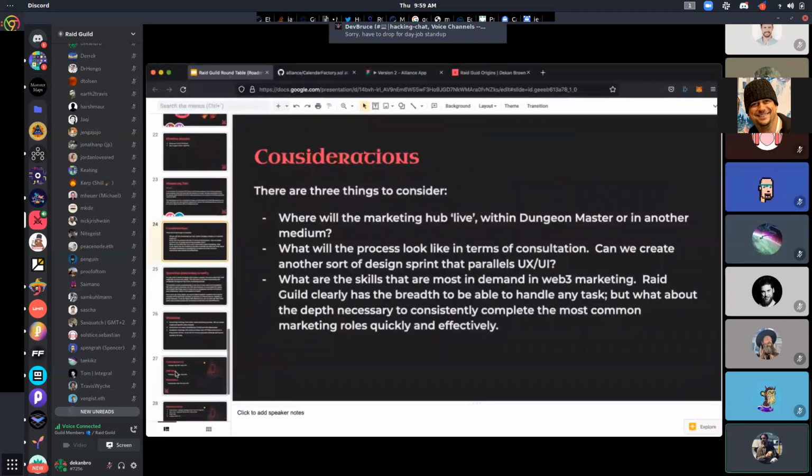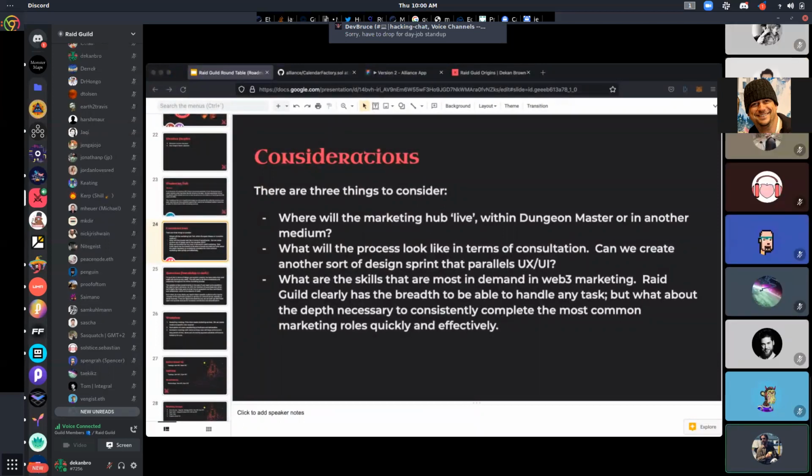So it starts with the question of where it's going to live in Raid Guild. The Dungeon Master would be ideal. I don't know if that's too difficult, because there's a lot that goes into Dungeon Master. It's been worked on for a long time, but ideally we'd like a hub where we can pick people for smaller tasks on these more comprehensive raids that involve front-facing marketing and back-end development at the same time. Say someone is really good at illustrating, like Jordan, or creating stories and content in a more copywriting way. Being able to pull those people onto raids in a more ongoing role,